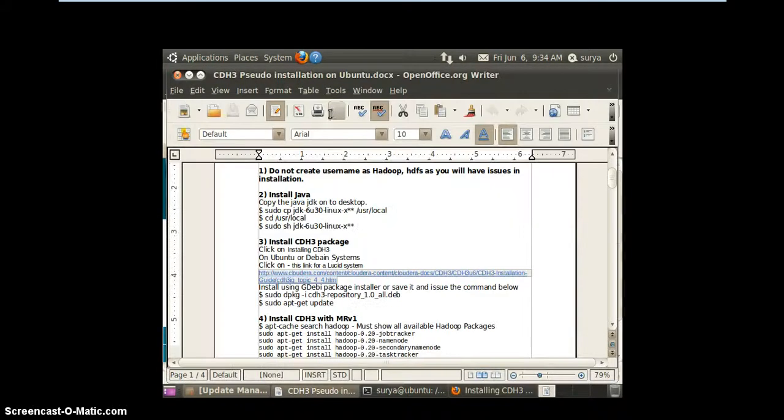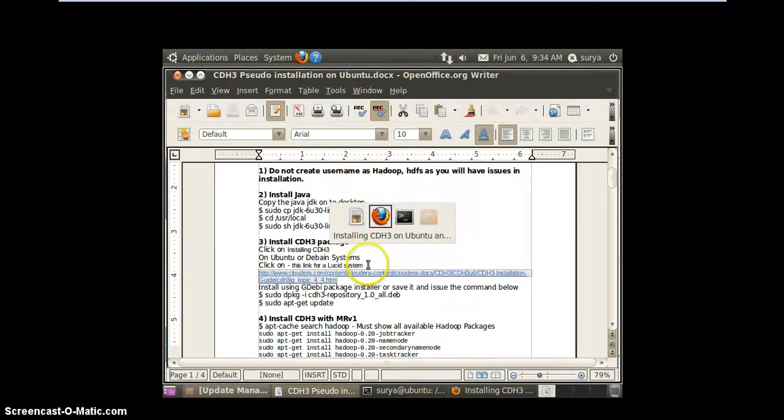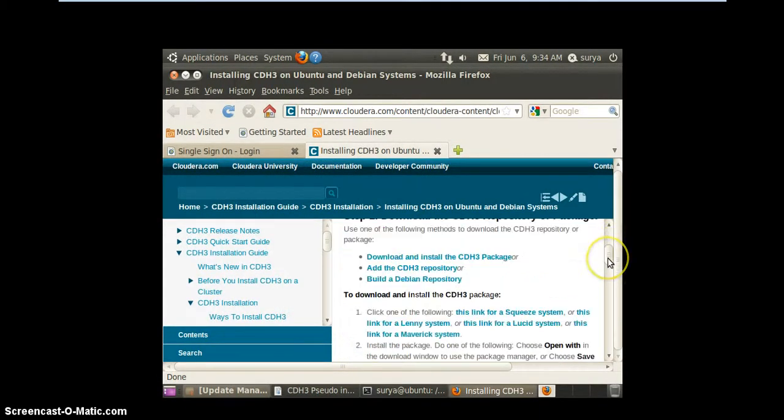See here, once you go to this particular website, you should click on this link for Lucid System. Because I'm using Ubuntu, it is nothing but a Lucid System.